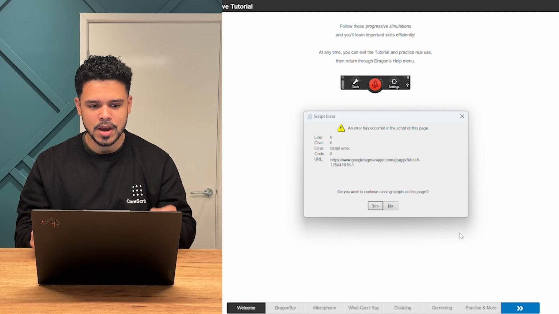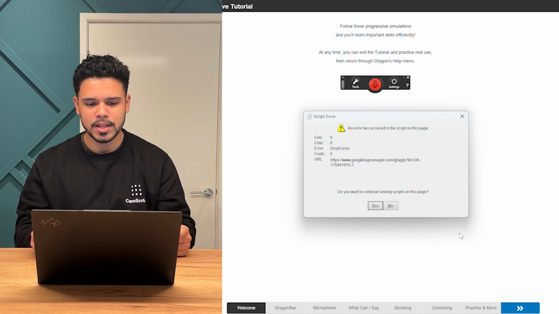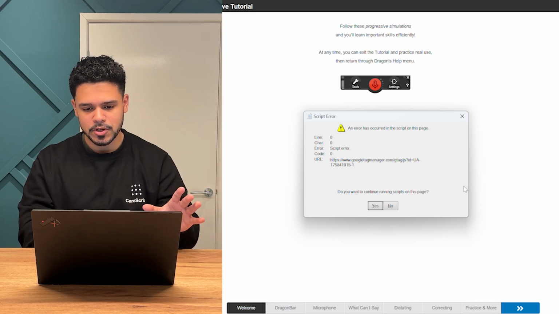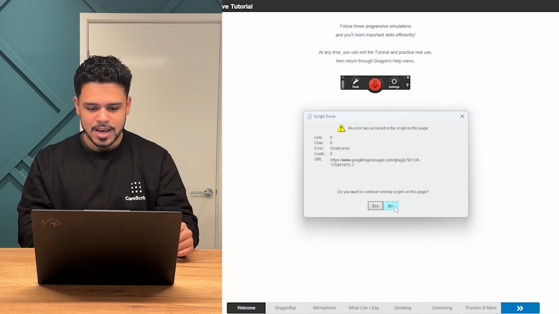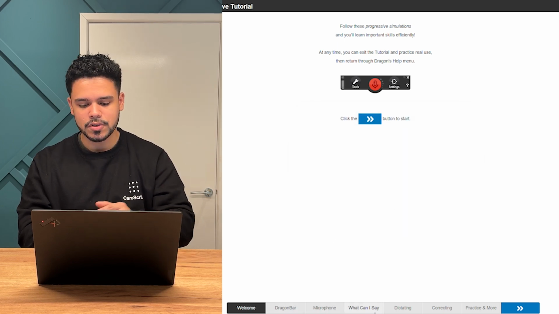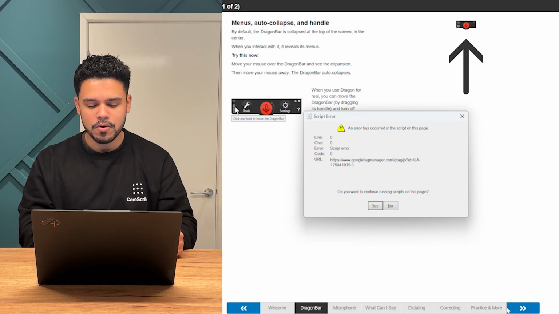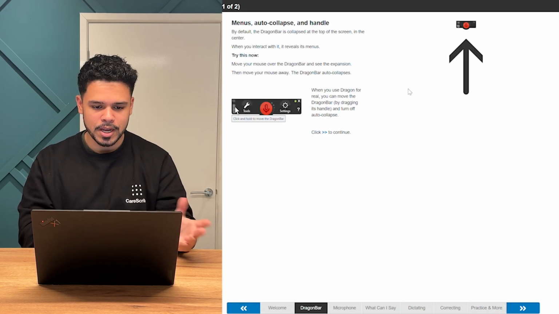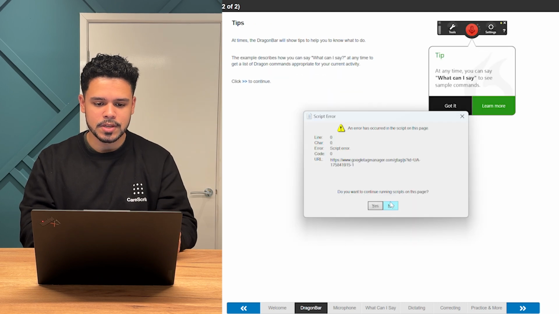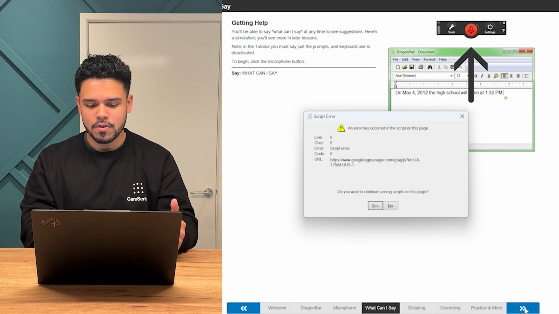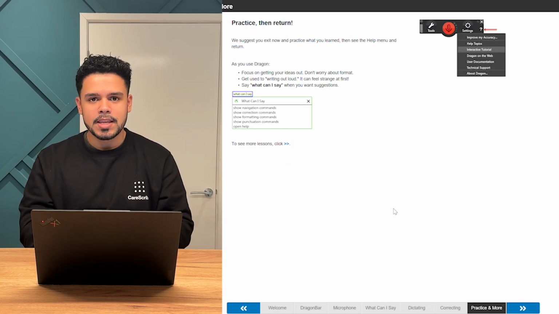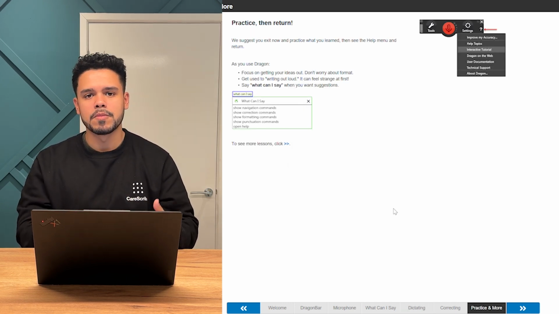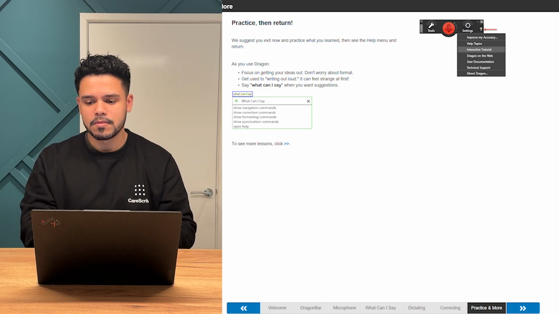Oh, so now we have the interactive tutorial that's just popped up. We tried this a few times and it just comes up. You get an error right in the middle. I don't know what is happening there, but we can close it out. Oh yeah, that happens on every page. And yeah, that's it. So it's something that we'd have to go through before we actually can start to feel comfortable using the tool.